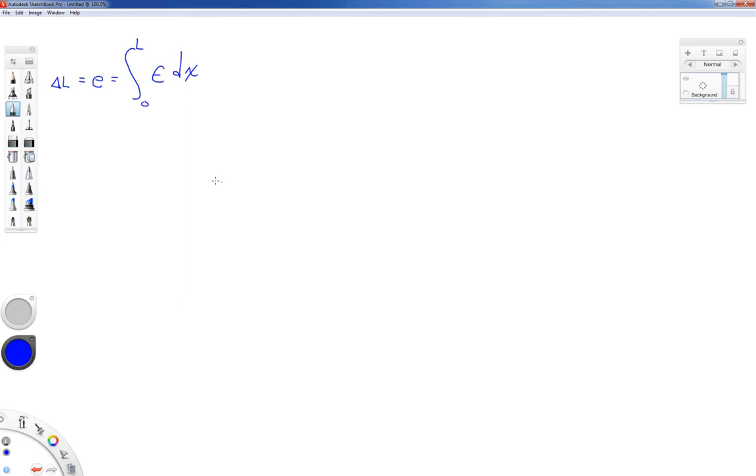We know that if we have a uniaxial stress state, we can use 1D Hooke's law. What I mean by uniaxial stress state is that we have stress, sigma, in only one direction. Then we can relate stresses and strains by the formula sigma is equal to E epsilon. It's the slope of the stress-strain curve in the linear portion of the material. If that's the case, then the strain can be written as sigma divided by the modulus of elasticity, and this integral can be rewritten